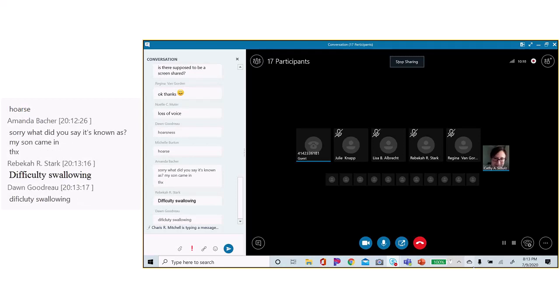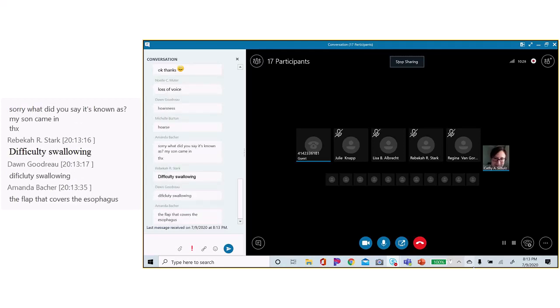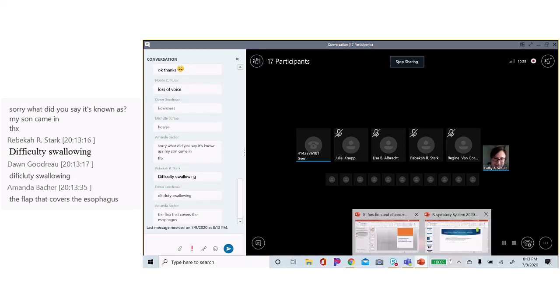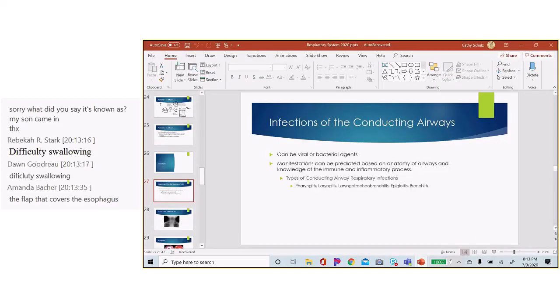Right, so the epiglottis is a piece of tissue that's supposed to protect the larynx when the person is eating. So if the epiglottal tissue gets too inflamed, it can block both the larynx and the esophagus. So if that occurs,